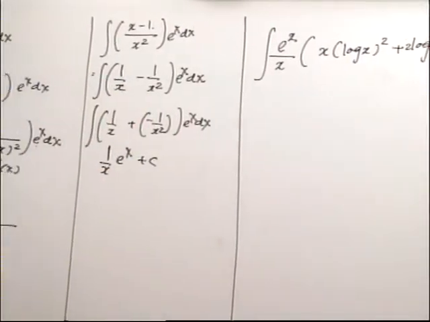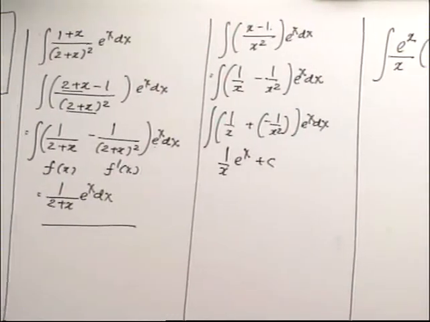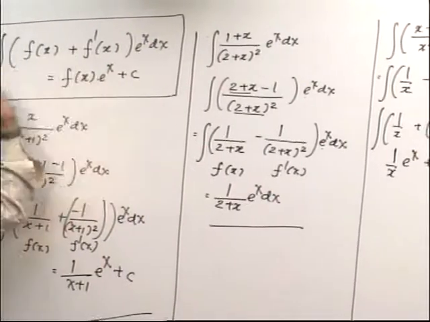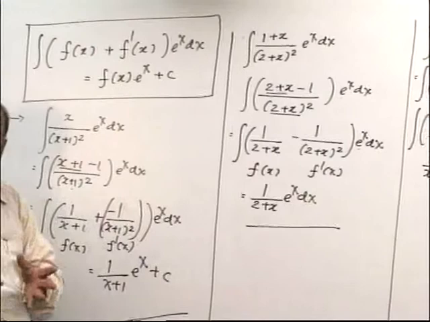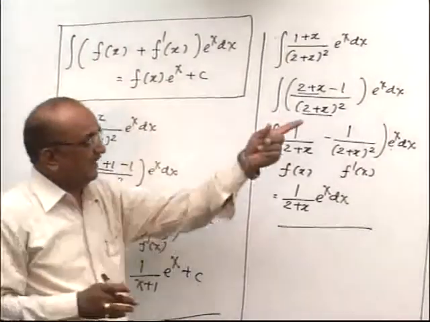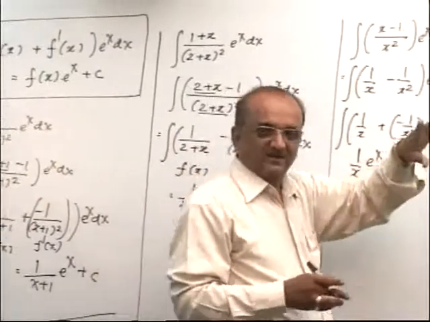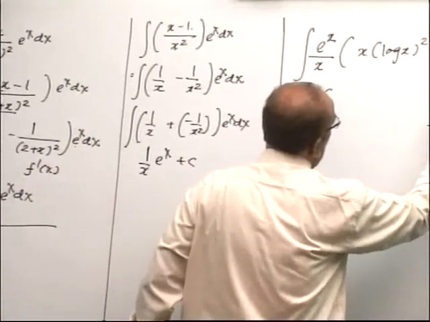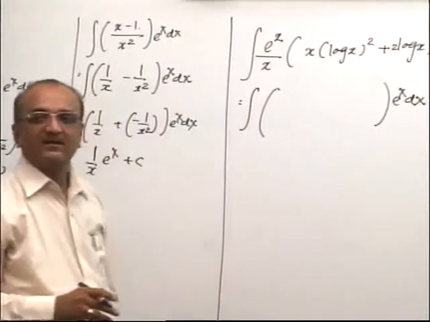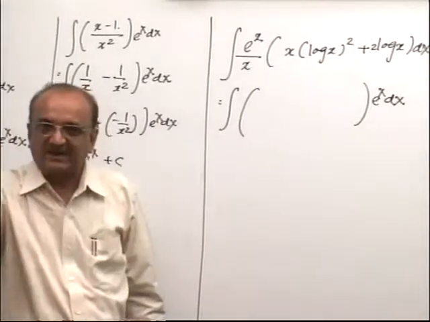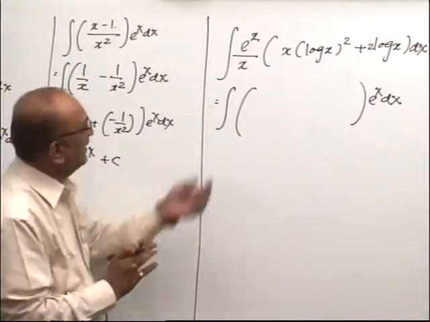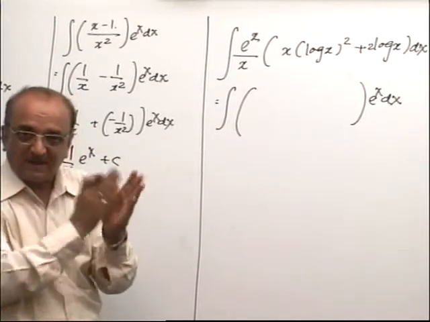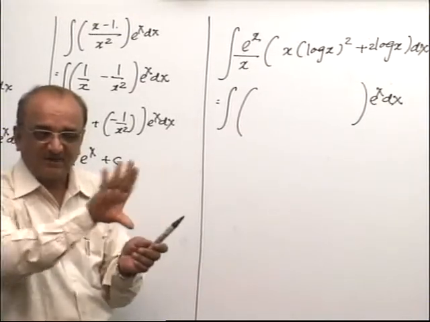Now see the form first. This form is very much important. E raised to x is the last part. In the front part you have to write as f x plus f dash x, no denominator. In that way you have to adjust this example. See, e raised to x is given in the front, you should take it last because it's a requirement. What is the next step? 1/x we don't require. Therefore, this first step is bracket, outside the bracket 1/x, then you multiply the terms.